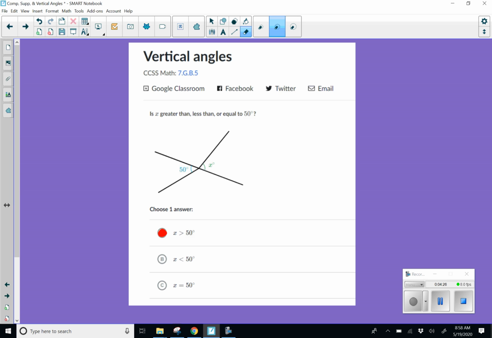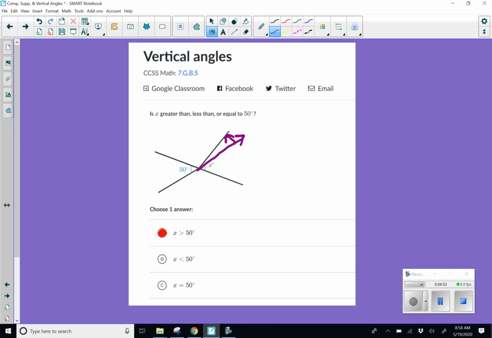I'm actually going to erase this right here. So if you can tell, you'll notice that we don't have perfectly intersecting lines. This line right here is a little bit crooked. If this line were to continue, it would normally go that way. So clearly this angle is bigger than it should be if they were perfectly intersecting lines, which means that x here is going to be